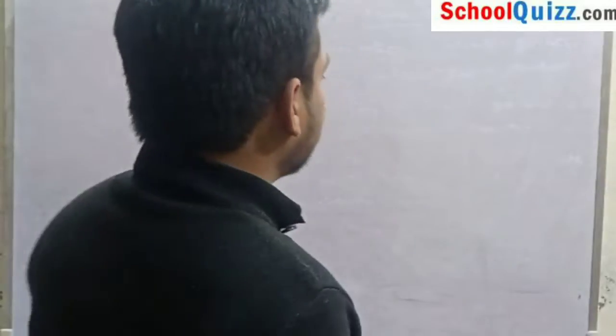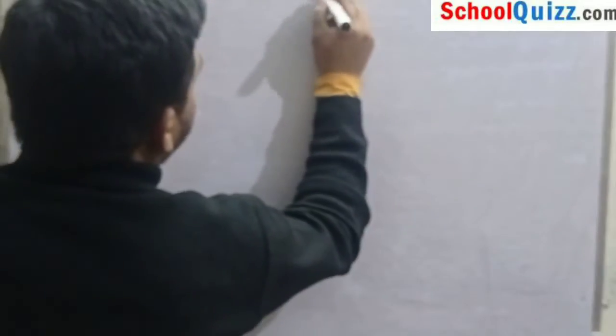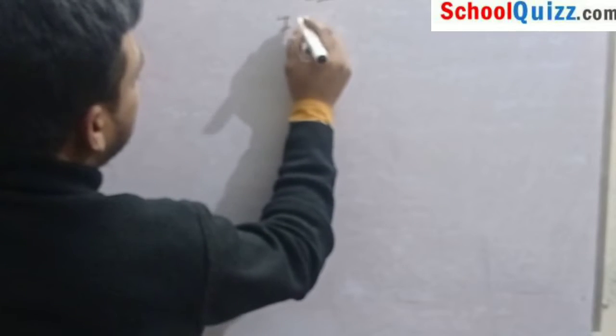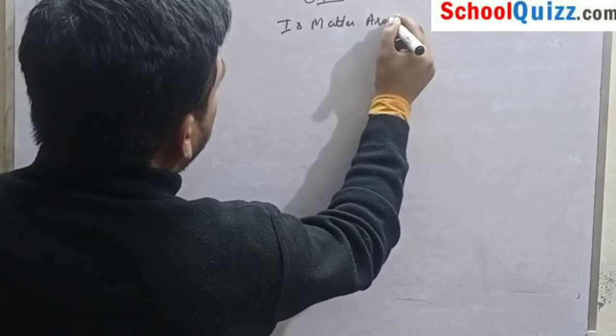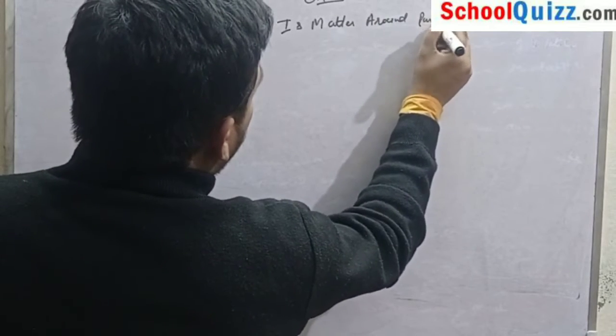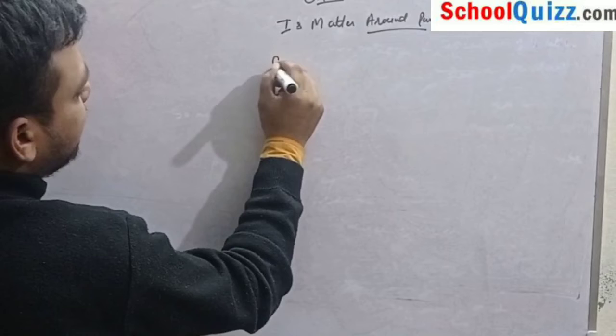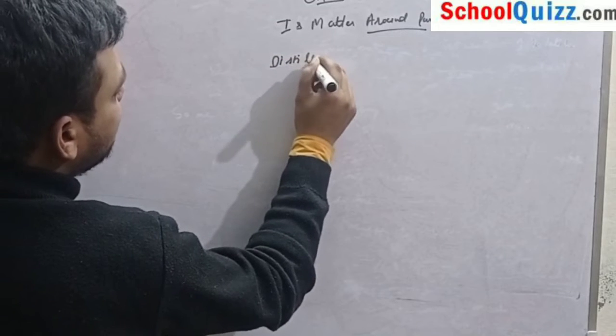As we have started our chapter number 2, that is Matter Around Us Pure, today we will discuss our technique, that is distillation as well as fractional distillation. So let's start. Chapter number 2, Is Matter Around Us Pure, in which we will discuss our technique, that is first of all we will discuss